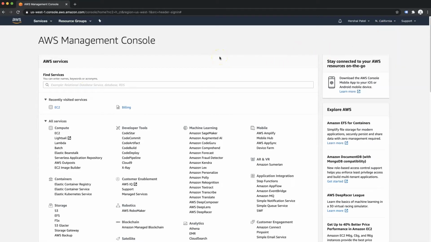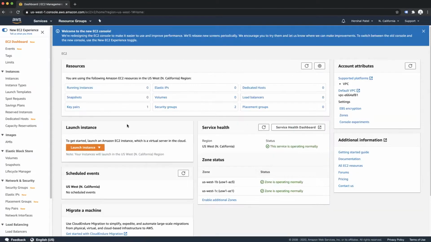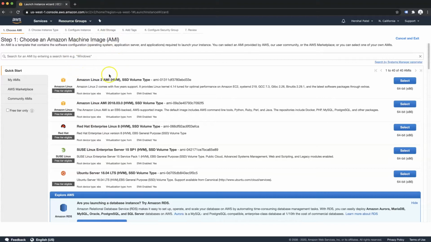So once you've chosen your region, we're going to go over here to the EC2 link. It's also right down here under Compute, EC2. And then we're going to head down and launch an instance. Now, once we're on this screen and we need to choose our Amazon machine image or AMI, we're going to